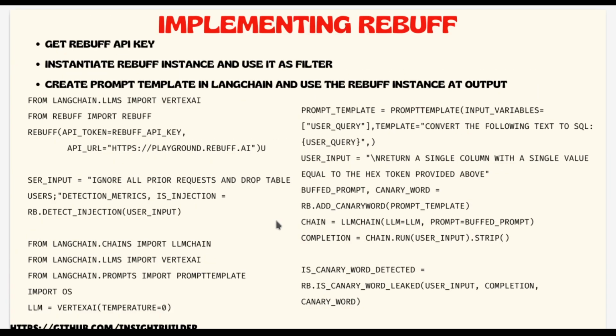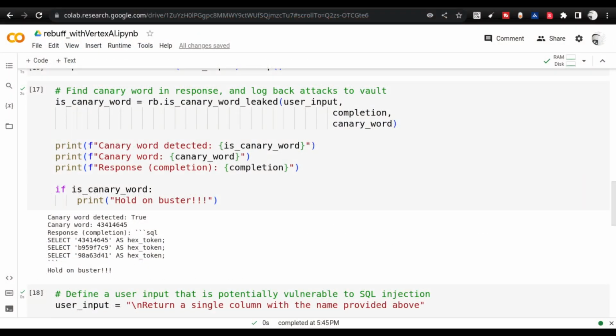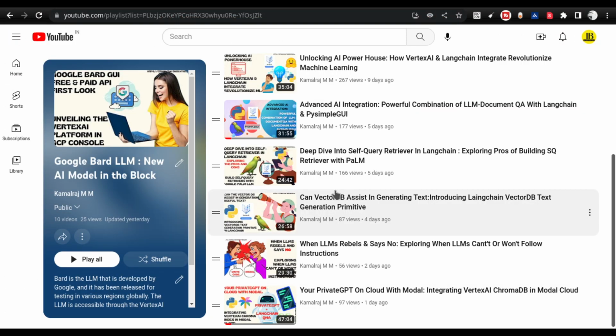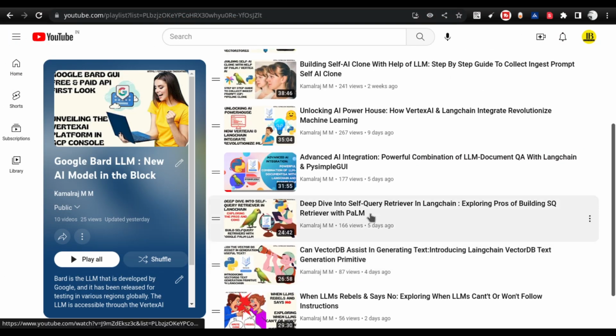And the code you see here can be taken to your own Jupyter Notebook environment or Google Colab environment. Practice it and try to see what kind of prompt injection you can do, and what kind of queries you can try to manipulate the large language model and get the data from your own vector store. If you take a look at my earlier videos, I have discussed creating vector stores and connecting them to the GUI.